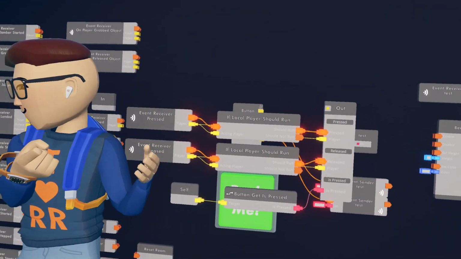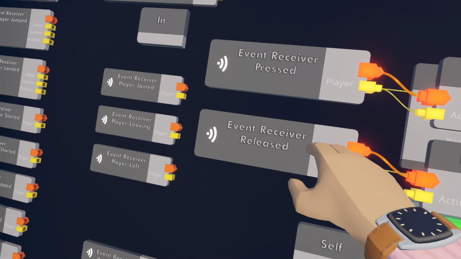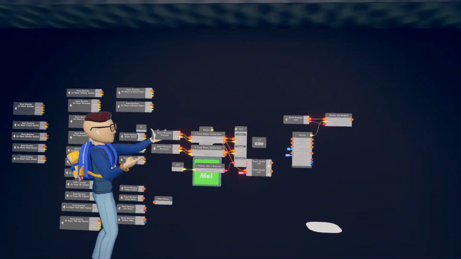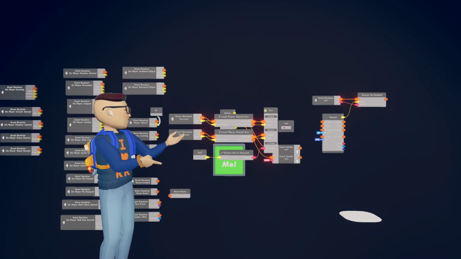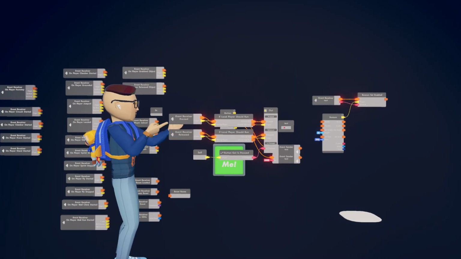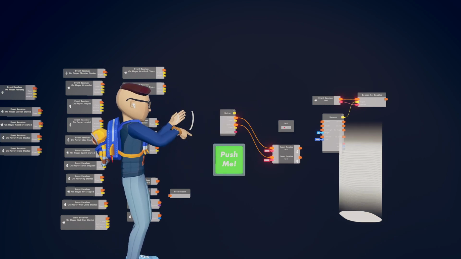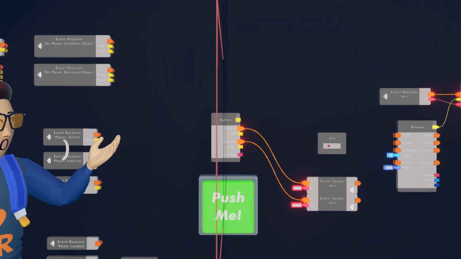Cool. So you can see that there are a couple events in it. There is the event receiver pressed and event receiver released. These two events are only available inside the button. You might see similarly named events elsewhere, but they're technically different events. As the names imply, the pressed one will run when you press it, and the released one will run when you release it.